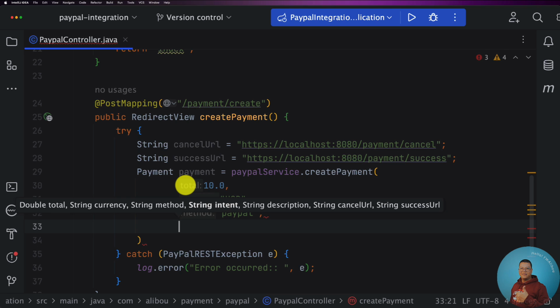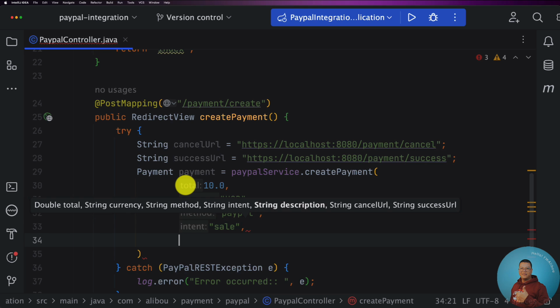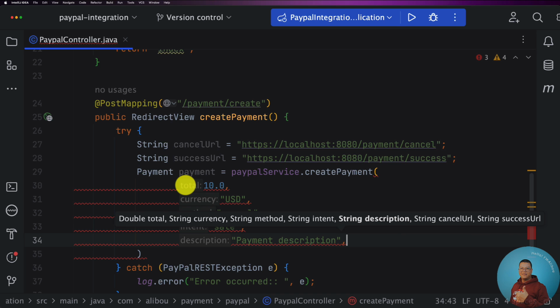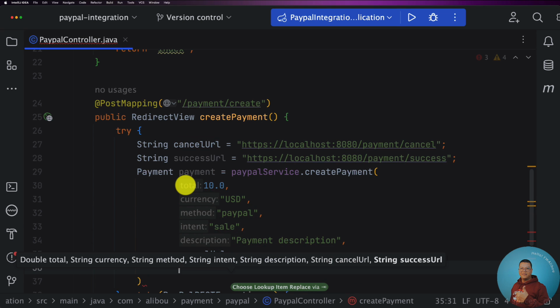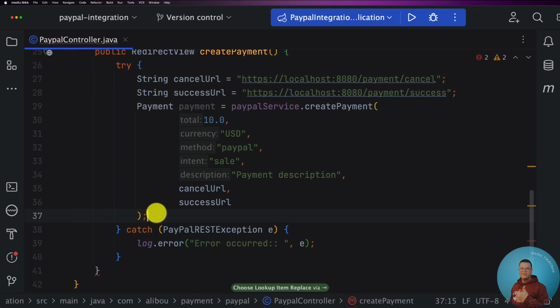Then we have the next one, which is the intent, which is a sale, because we are performing a sale. And then we have the description, let's say payment description, just to keep it simple. And then we need to provide the cancel URL and success URL. So here we see that we have our payment, and once the payment is